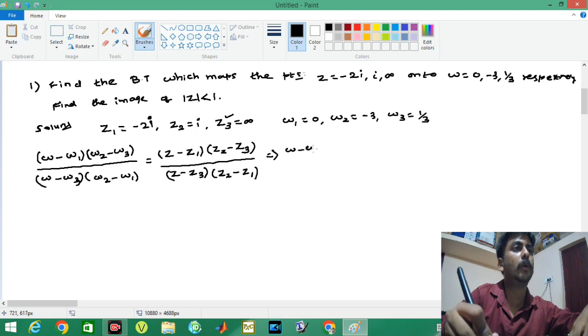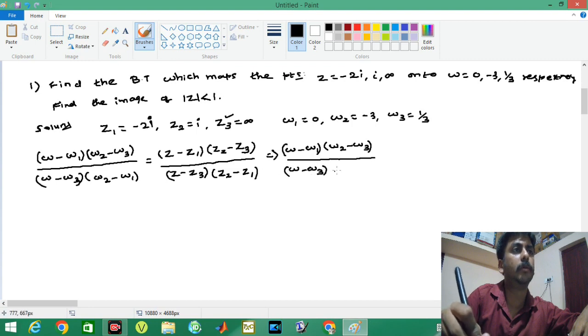I am not going to substitute any values here, I am just rearranging the things. Taking z3 outside, we will have z2